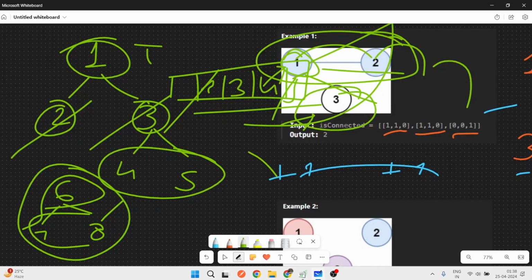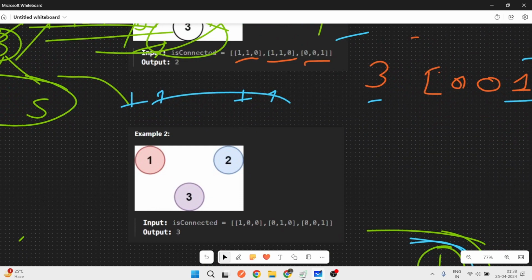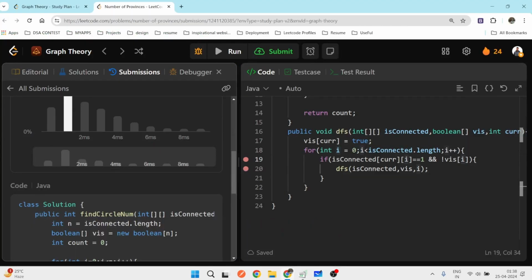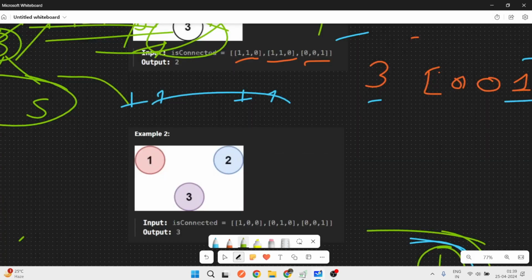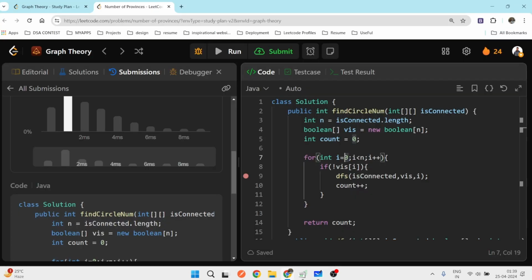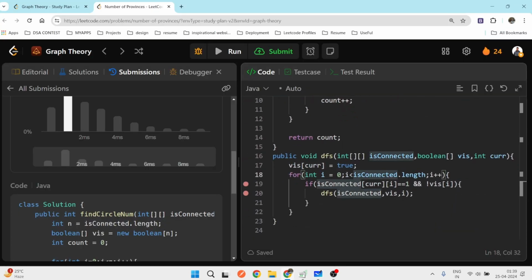So what is the time complexity? Here you can see we are iterating a loop over all the nodes, so we make a call for n nodes, and in our DFS call we again iterate over all the nodes.